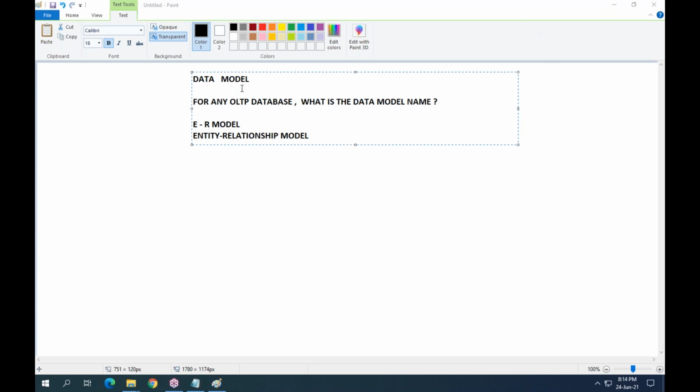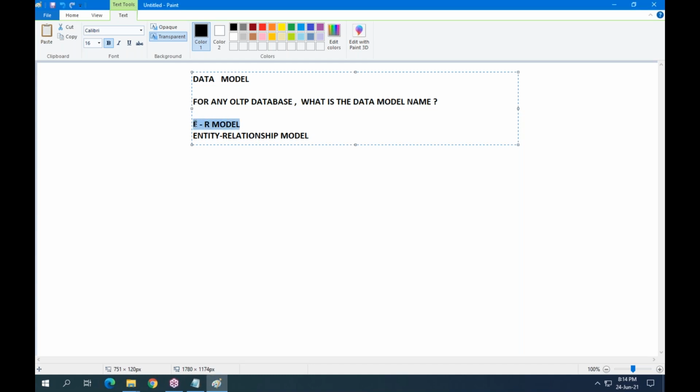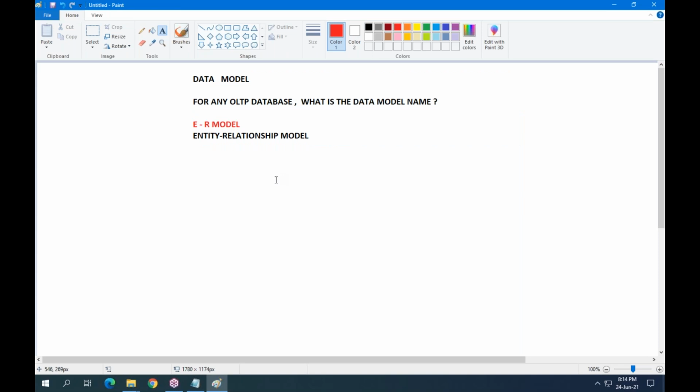Okay, let us see, guys. What is the data model for any OLTP database? The ER model. Listen carefully, guys. Before starting the development of a database, database development will be started based on the data model.